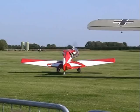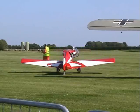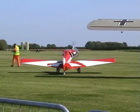Control where you crab across the runway. That's exceptional. How do you achieve that? I'm not really sure. It's got such powerful controls, and obviously it's designed to fly at very low speed. The ideal wind...